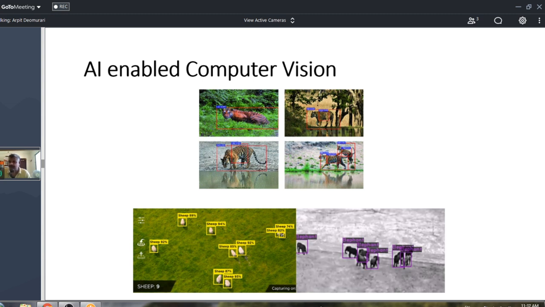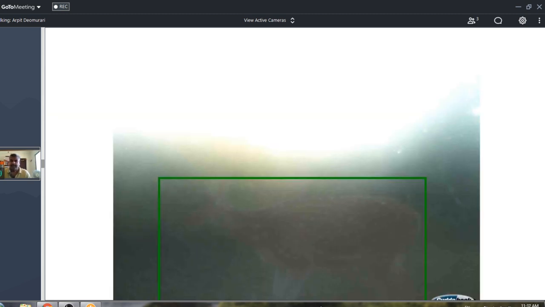I count elephants through infrared or night vision cameras, and I'm developing a system where this night vision camera would be fixed on a drone or UAV, and if an elephant comes near the villages, it alerts the villagers as a human-wildlife conflict measure. And it can do remarkably well compared to the human eye. You might be able to see this image, there is an axis deer, chital. For the human eye, it might take some seconds to realize, oh okay, there is a deer. But the computer can easily identify it; this green bounding box is the identification from the computer.